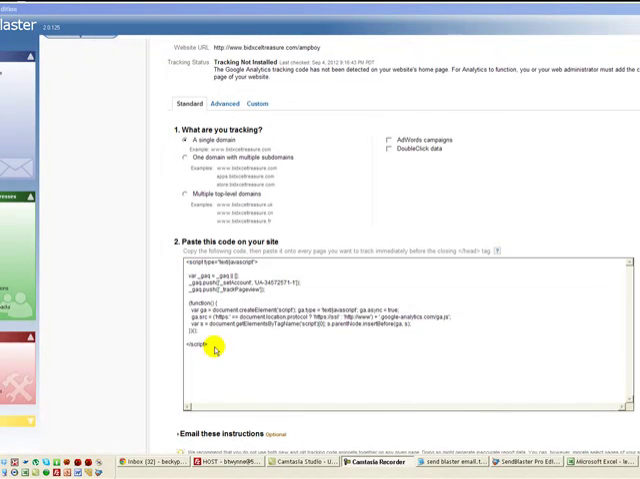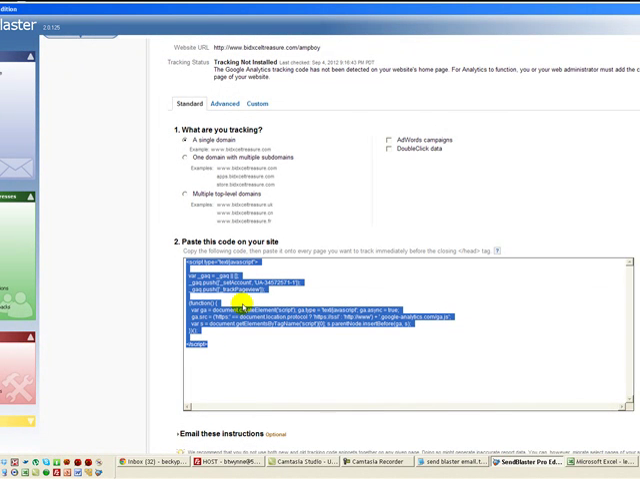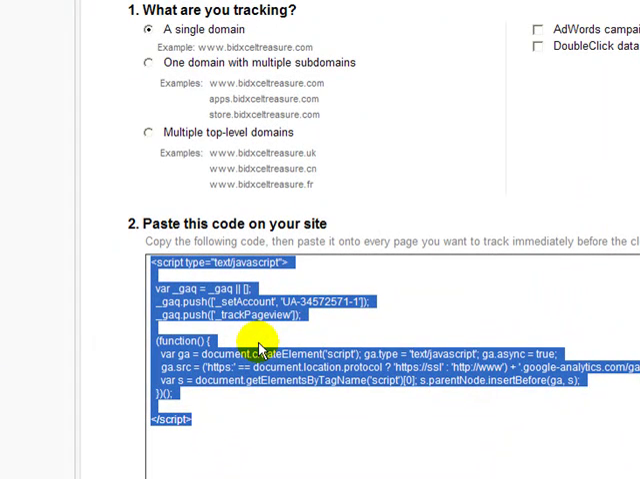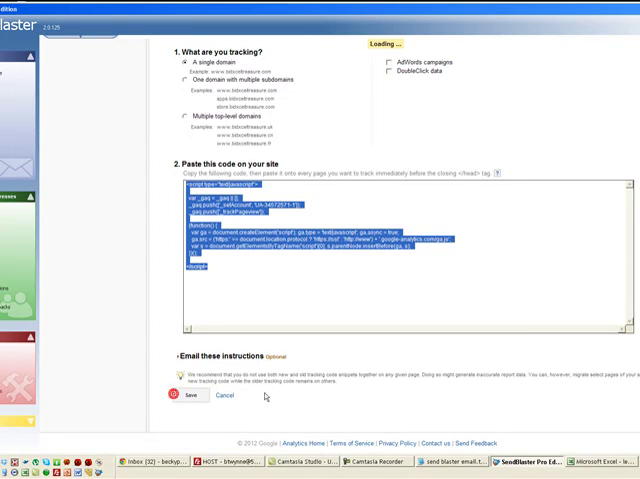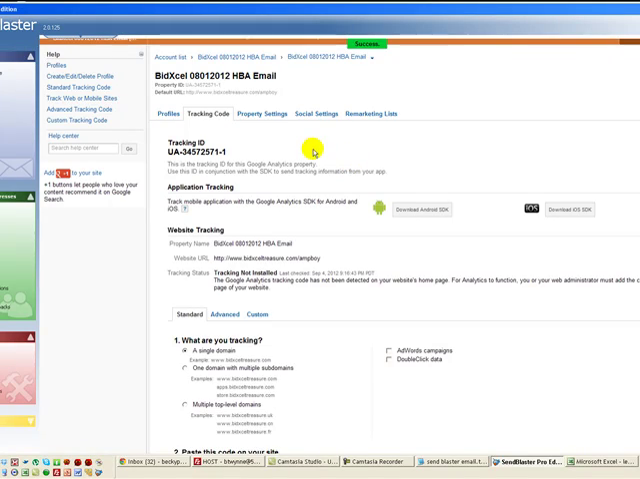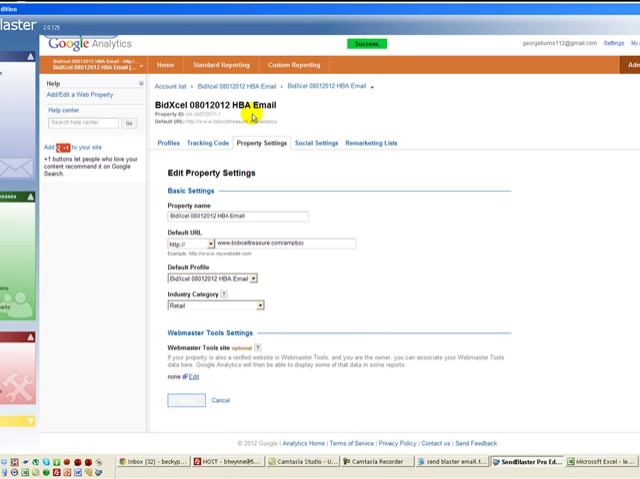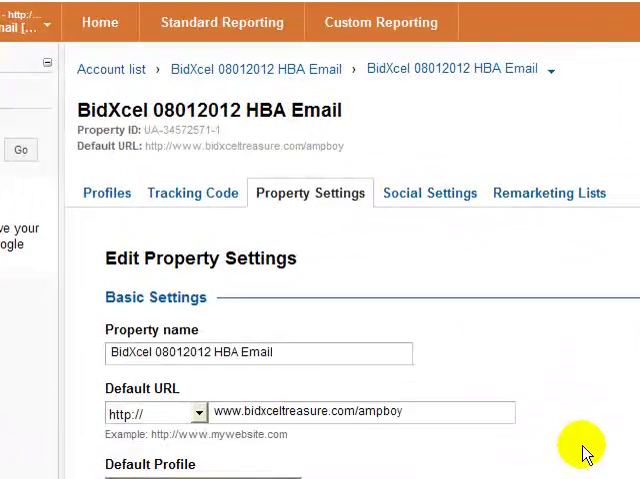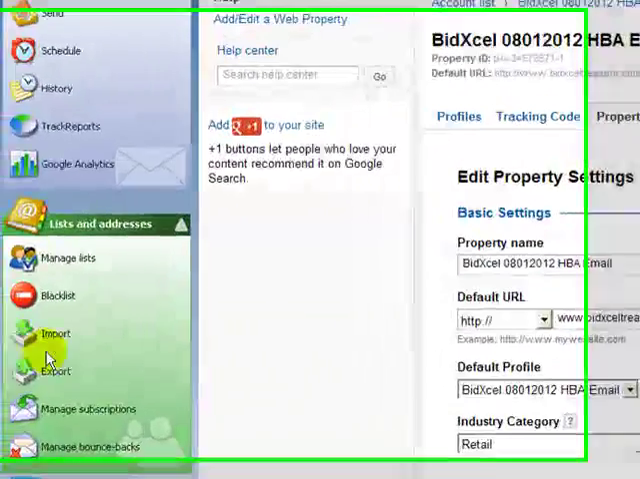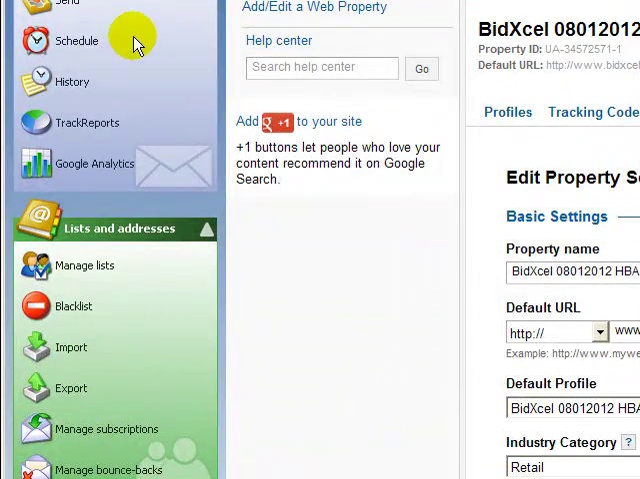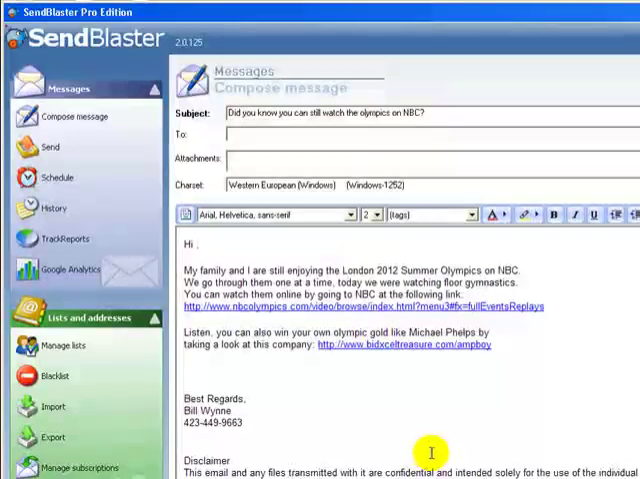Okay, so I went and added that code to my site so that we have the tracking set up. That's really helpful. A single domain, BitXL treasure. That's really it. Save. We should be all set. I actually set up the code. So now we're good. Okay, and what I'm going to do is go back to our compose message,